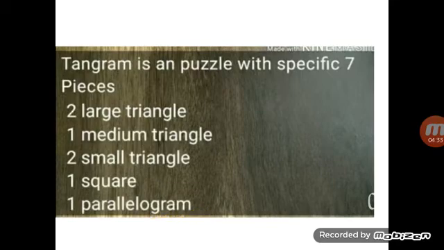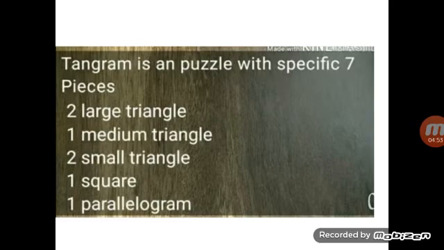So 7 pieces are there in the Tangram, and by arranging those 7 pieces in different ways, we can make different shapes, such as shape of an animal, shape of a house, shape of a cat. Okay, so that we can do